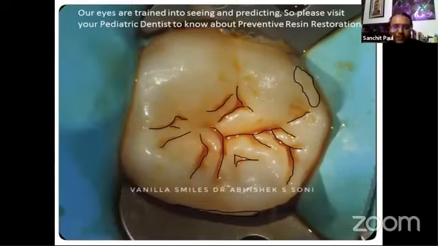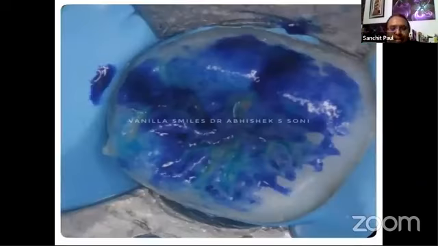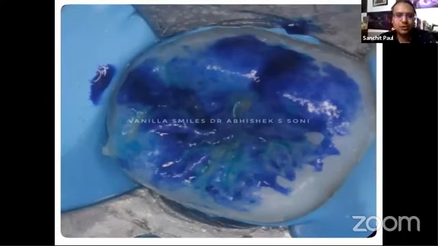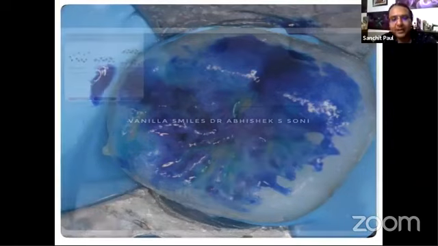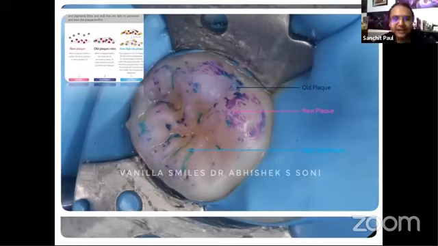So this is a beautiful picture series by my good friend Dr. Abhishek, who has highlighted how exactly the fissures are there in a permanent molar, which is not visible to the parents or us unless we really clean it. So we would highlight and suggest using something called Triplaque ID gel. I'm sure some of you must be using it already, to highlight the old plaque, the new plaque, and the high risk plaque. This will give us a clear idea of what all we need to clean,